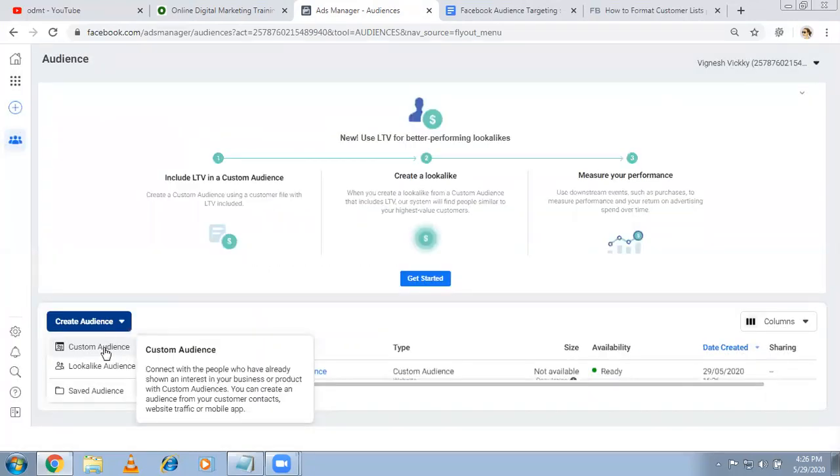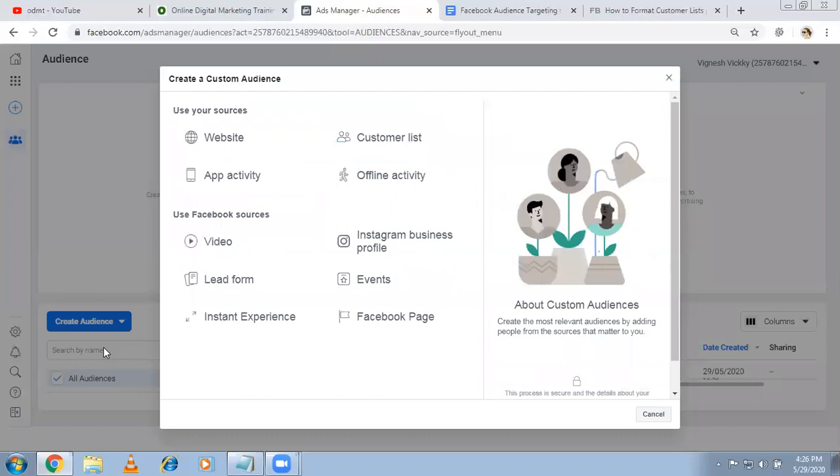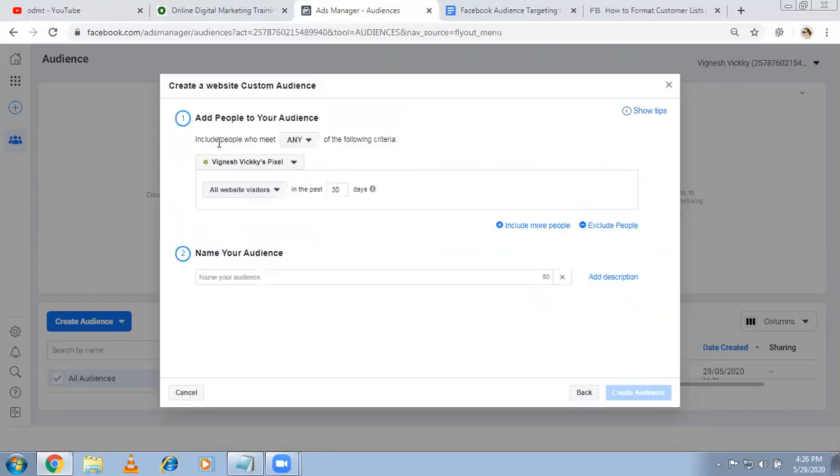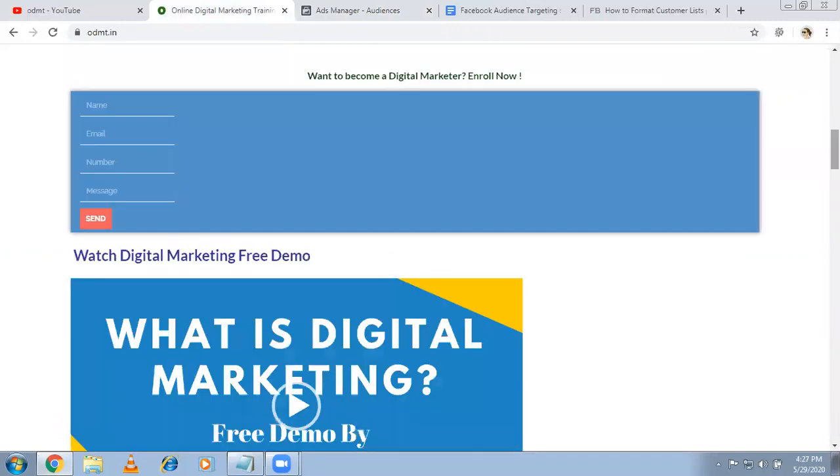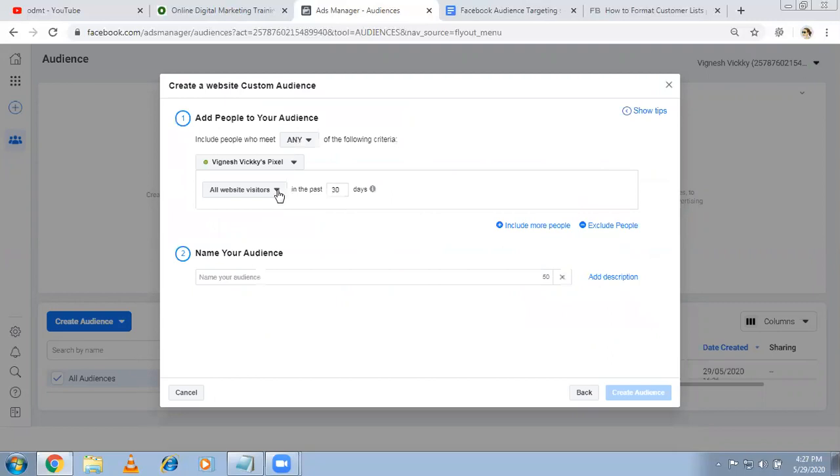Again, click on custom audience. You can create n number of custom audience. There is no rule like you have to create only one. N number of combinations can go. Again, I'm clicking on the website. This time, let me narrow down. I don't want to target all website visitors. See, people came to my website, they already filled the form. Means I got a lead anyway. We'll be contacting them by sending emails, calls, and everything. No need of contact, showing the ad to that guy, not necessary. So click down. Instead of all website visitors, people who visited specific web page, I'm selecting.